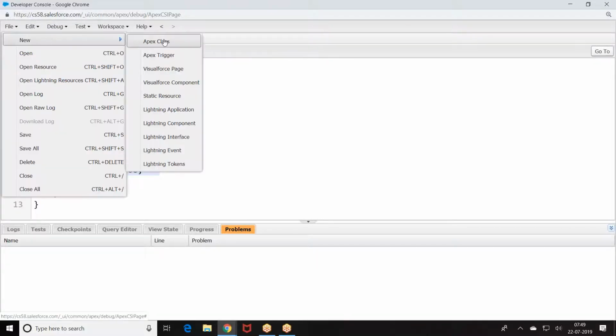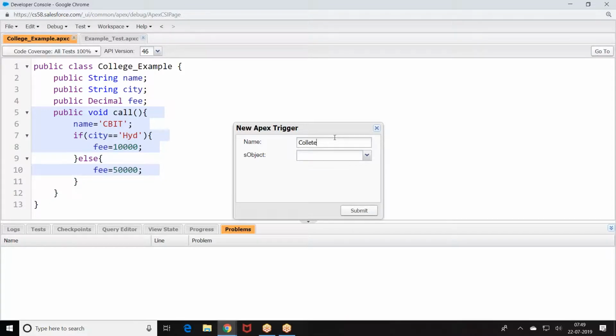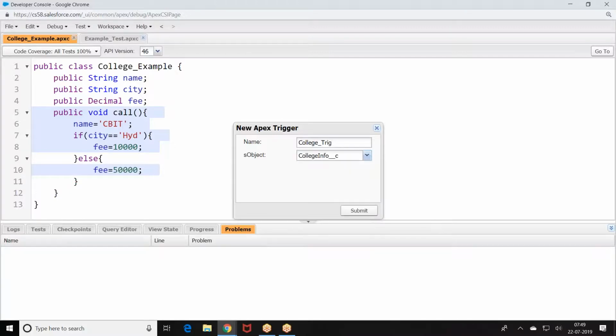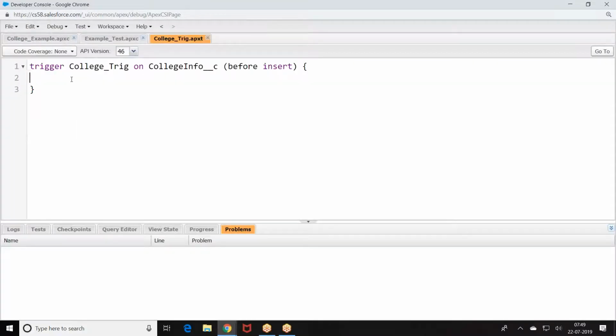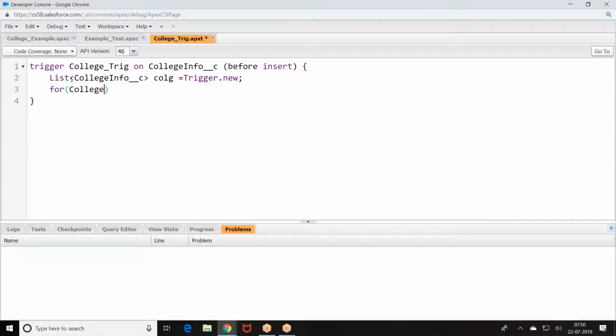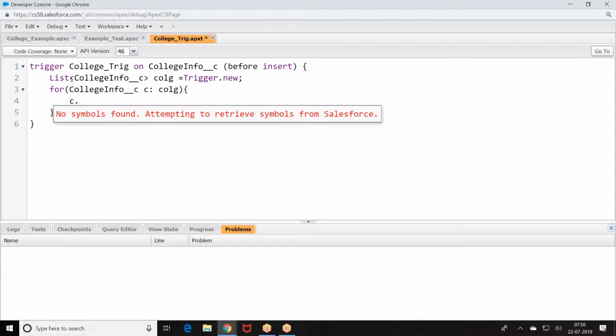Similarly, I am writing a trigger on the college object. C dot.